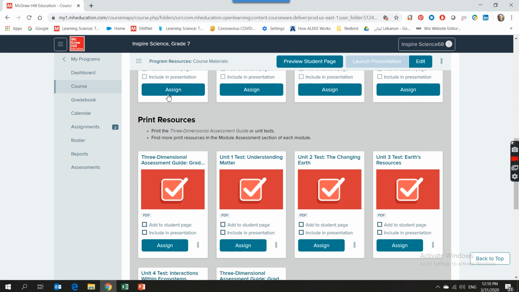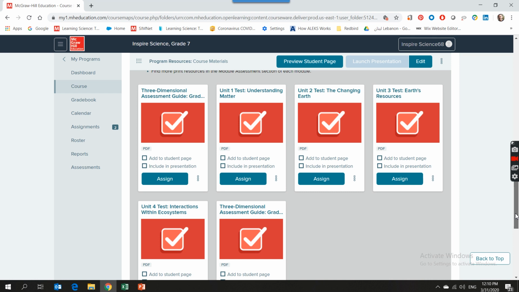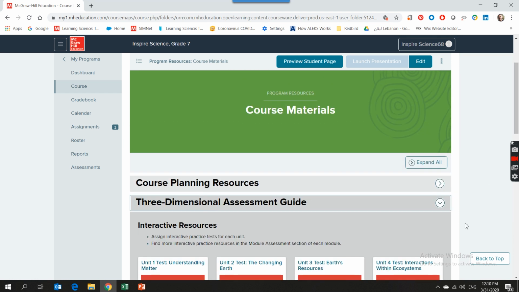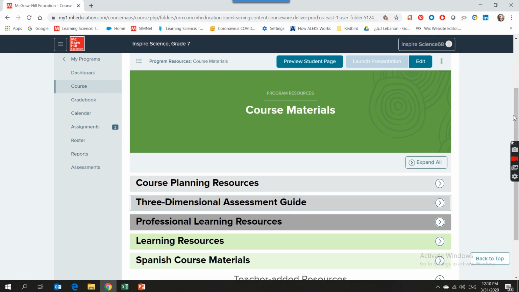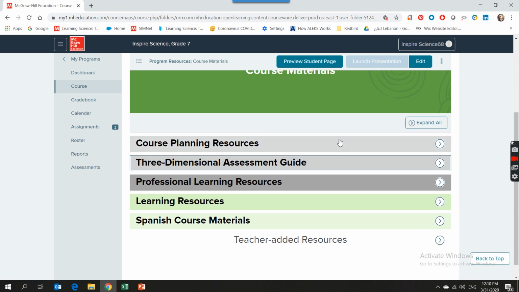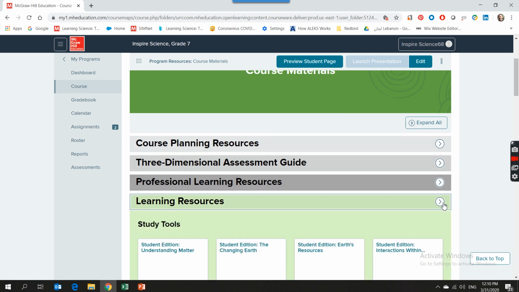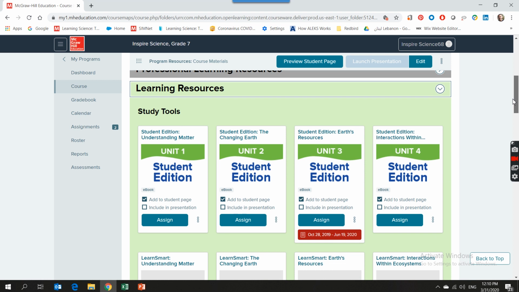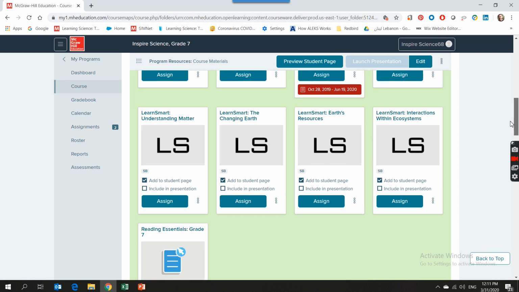So you can assign them online or you can assign them in PDF. We are going to show assessments later in the session, and then you have the learning resources that include ebooks for teacher edition,